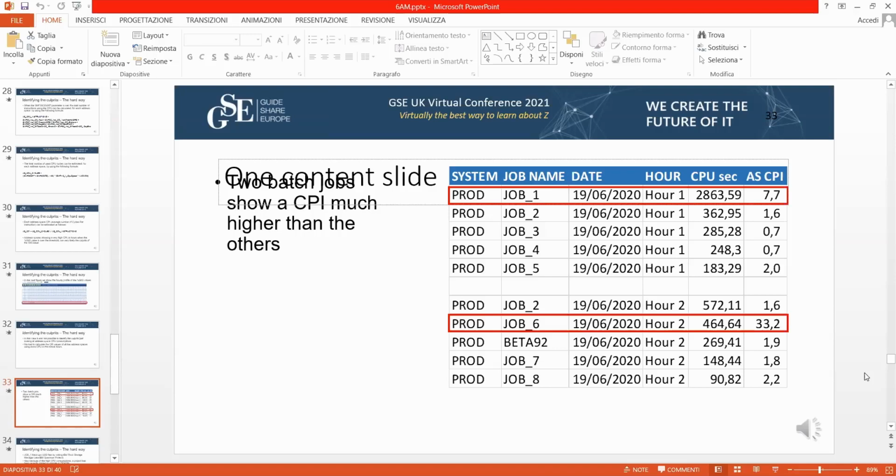And in the second hour, there was another job, job_6, as we renamed it in order to cover the data from the customer, that had a very high cycles per instruction, much higher than the others in the same period.